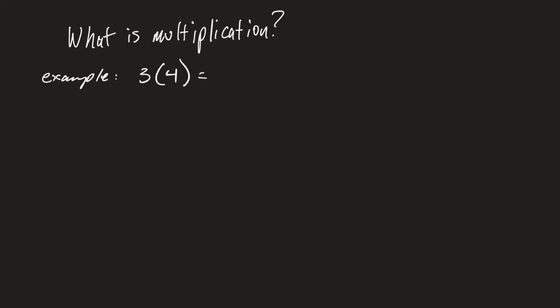Let's go. So a quick recap, what is multiplication? Example, 3 times 4. We should all know that real quick. That's 12. But what are we actually saying? We have 3, 4 times, right? So multiplication is repeated addition. 3 plus 3 plus 3 plus 3 is 12. Here we have 6. The same is true